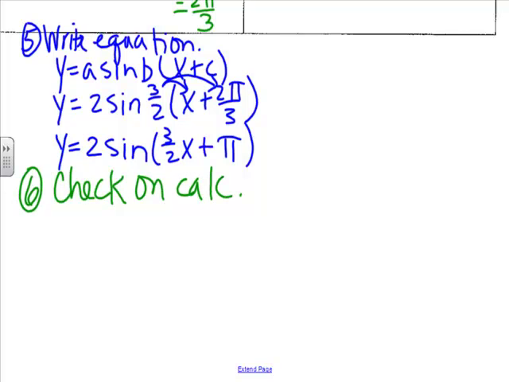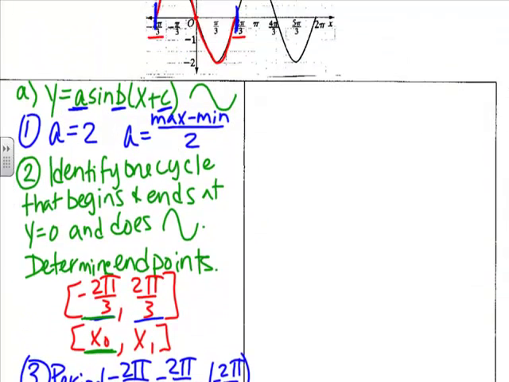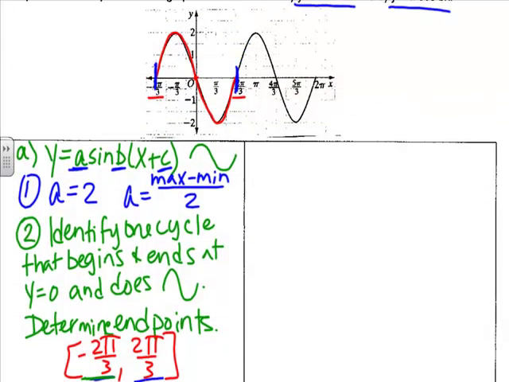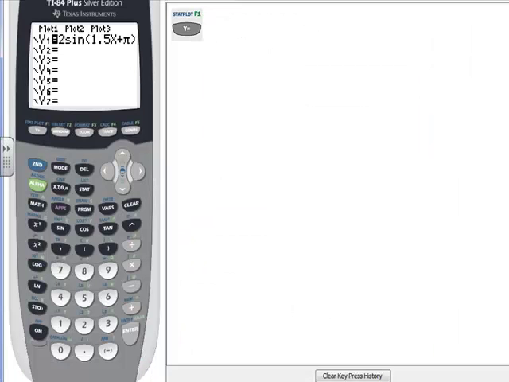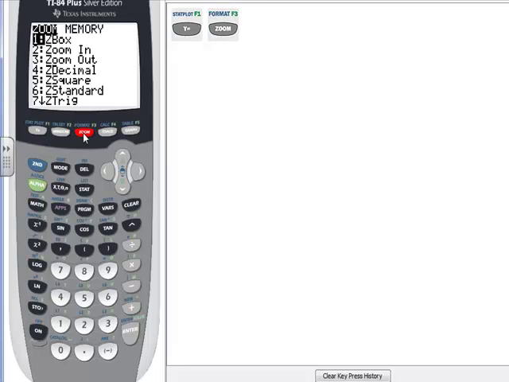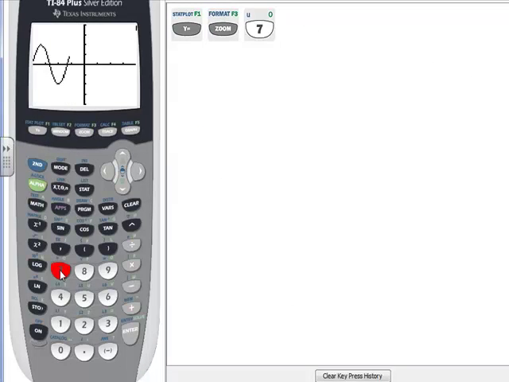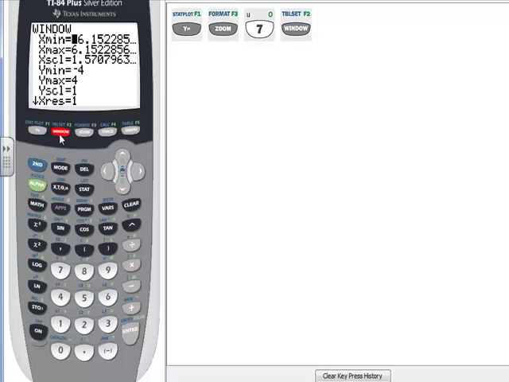And so put this into your y equals, and then set the window so that you see exactly what's on the paper here. So I'm going to set my window from negative 2 pi over 3 all the way to 2 pi, and it should look the same. So if I go over to my calc, I've already put this into my calculator, and so now I'm just going to start. Usually it's a good idea to start with the zoom trig just to kind of get it in the right zone. And I'm going to go to my window, and I'm going to type in negative 2 pi over 3,